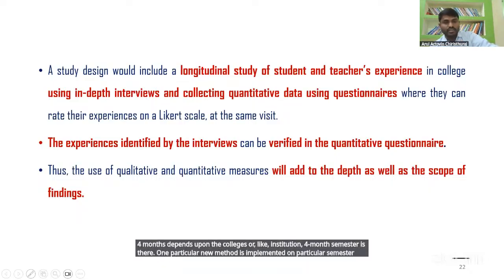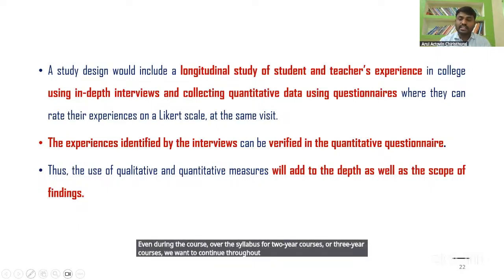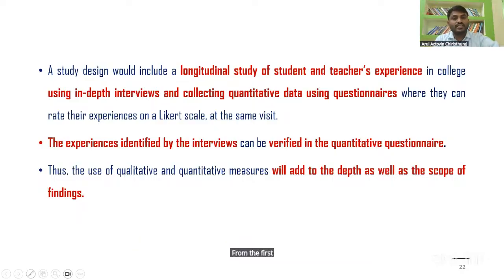So the longitudinal study can run for 6 months, or even over the course of the syllabus, for 2-year or 3-year courses, continuing until the entire syllabus is completed. The students are followed from the first year to the last year.